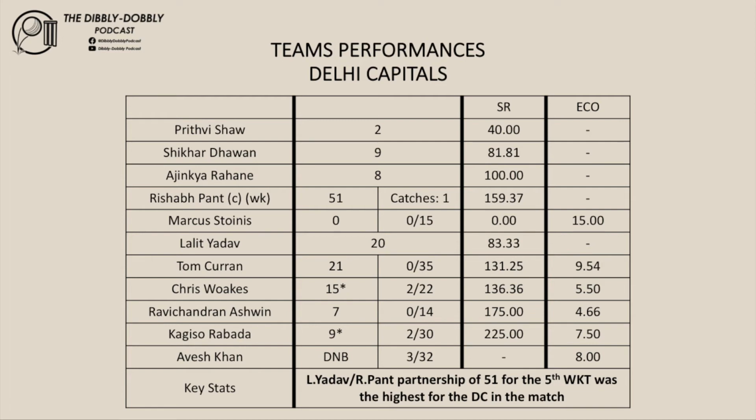Let's touch on their bowling. Their bowling was good up front. I thought in the first 14 overs against the Rajasthan Royals, they bowled pretty well, the Capitals, to get the Royals 6 down for 90 inside 14.5 overs. They had a chance of winning the game. There was a disappointment there with the bat, but they were able to bounce back with the ball. And that's very important in the game of cricket, to have that resilience and mental toughness and